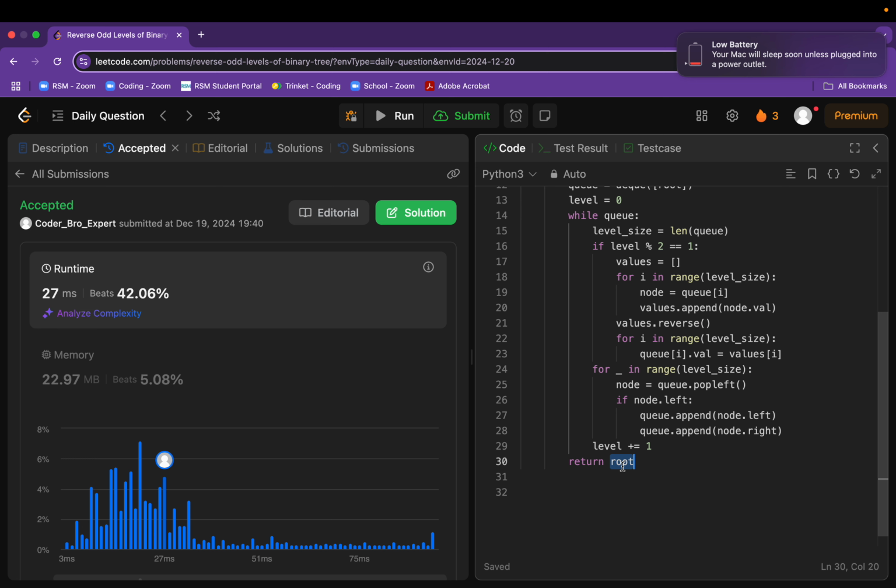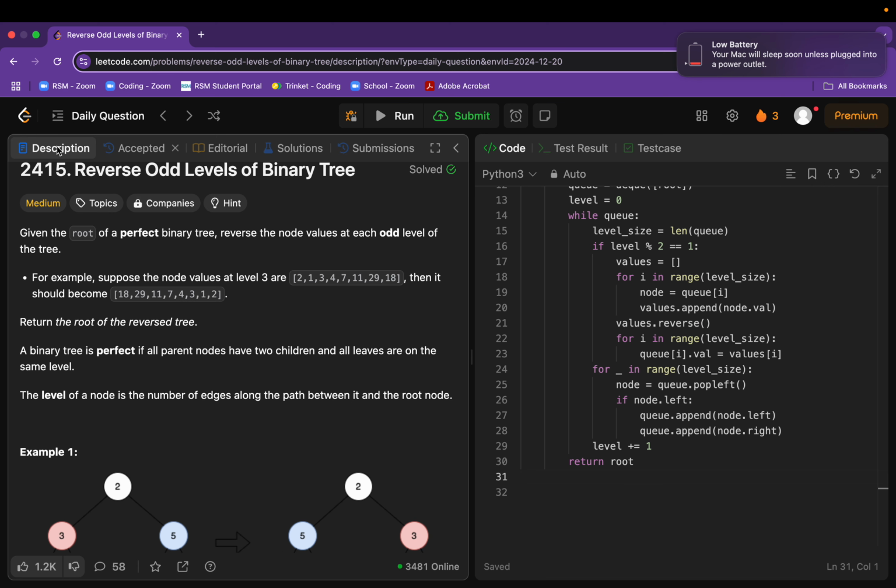And for the space complexity, this is going to be a big O of W operation, not really too common. And the reason why is because, let me actually define what W is. W is going to be the maximum width of the binary tree. And the reason why is because for a perfect binary tree, like we saw in the explanation, the width is actually going to be proportional to the number of nodes